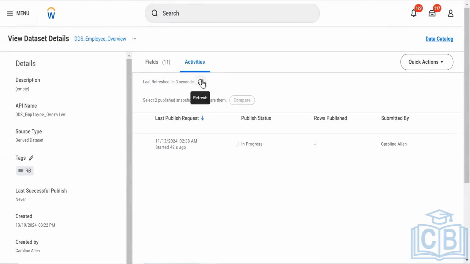But there's a normal judgment. It's a good thing to know that anything which takes more than half an hour is generally a red flag. Why is this taking so much time? Suddenly, it shouldn't take more than 30 minutes. It's not any particular benchmark provided by Workday, but this is just from my personal experience, that if something takes more than 30, 35, 40 minutes, then there's some issue with it. Either the servers are down from Workday's end, or something is missing and it's stuck in a loop.